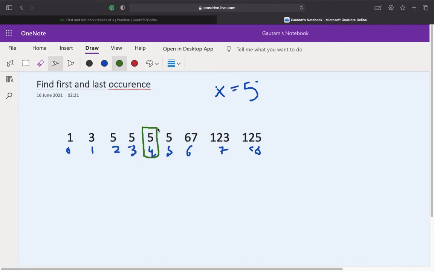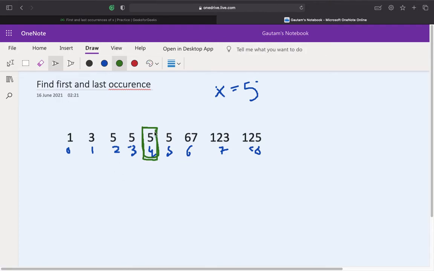And now we'll check if it's the first occurrence or the last occurrence. For example, in this the target element is 5, so we'll check if this middle element is equal to 5. Yeah, it's equal to 5. For this case I'm going to explain the first occurrence. We need to find the first occurrence. Don't look at the last occurrence approach right now. I'm just going to explain to you how to find the first occurrence of the element, right?